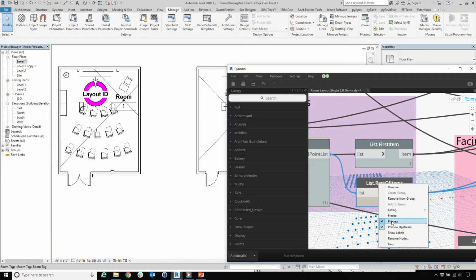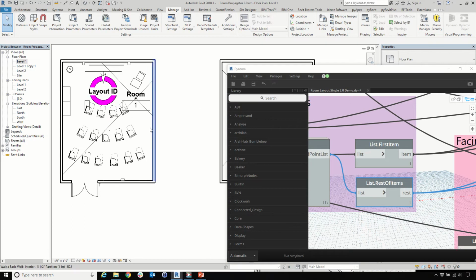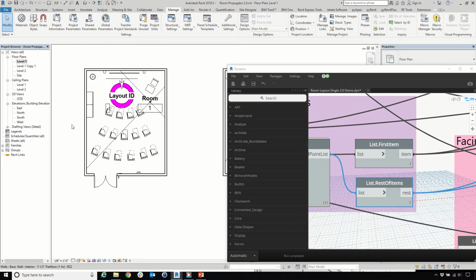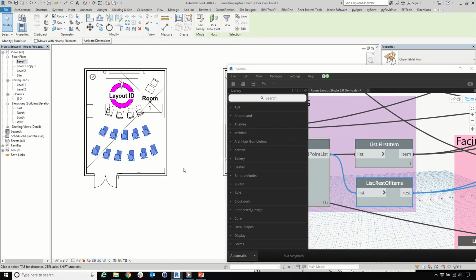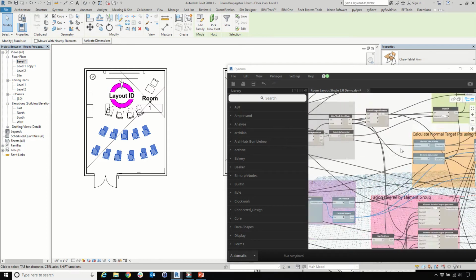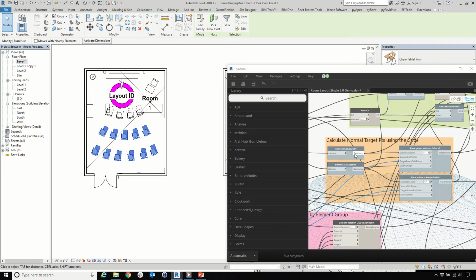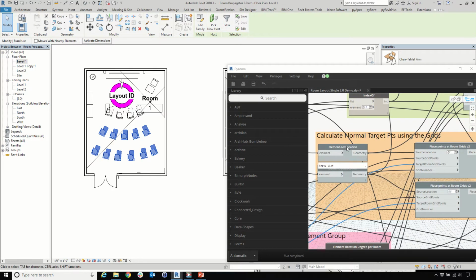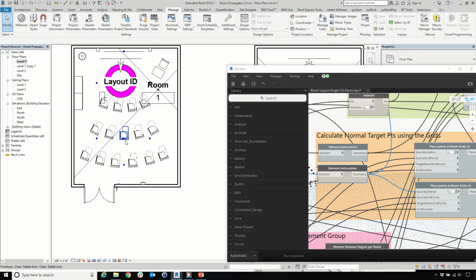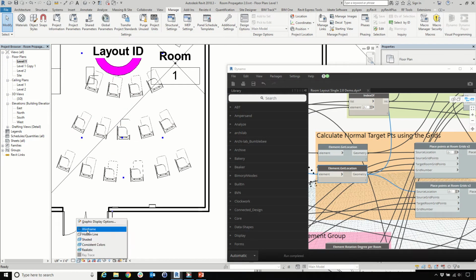Now once we have these dots, we're going to find the location of these elements. This one. See that